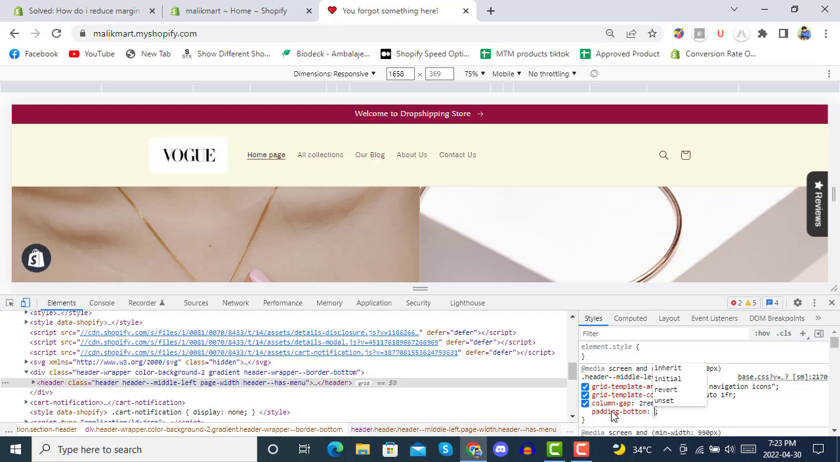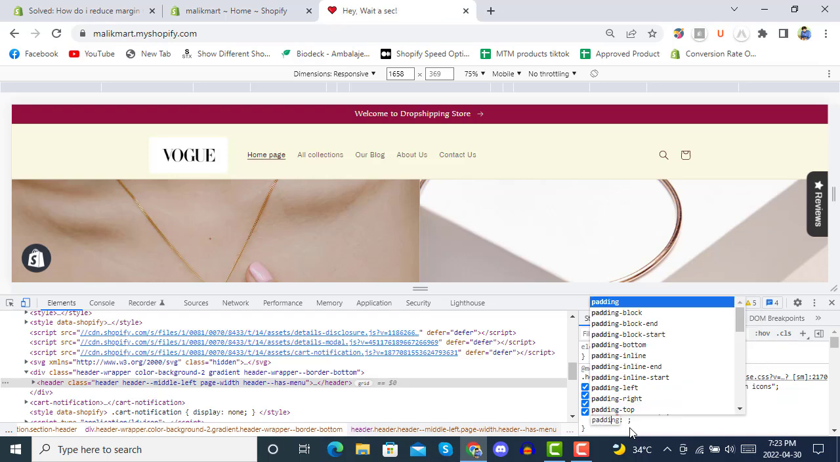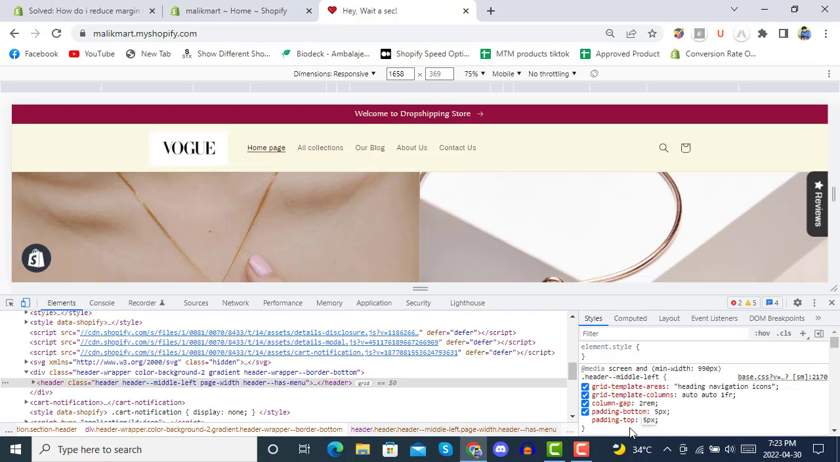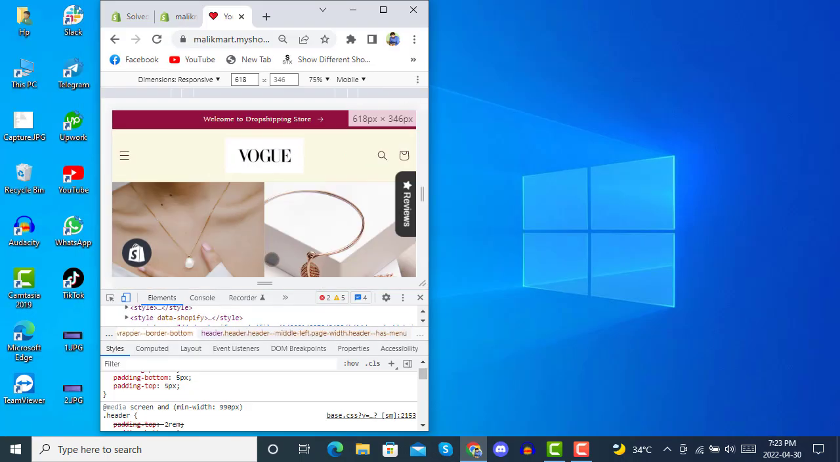bottom 5 pixel. When we write 5 pixel, the padding from the bottom is reduced, and now we will again write padding top, again 5 pixel. Here you see the padding for both bottom and top has been reduced, and the same thing can be applied for mobile devices. Why is it crossed here? Because we are not on the mobile device, but when we switch to mobile device,